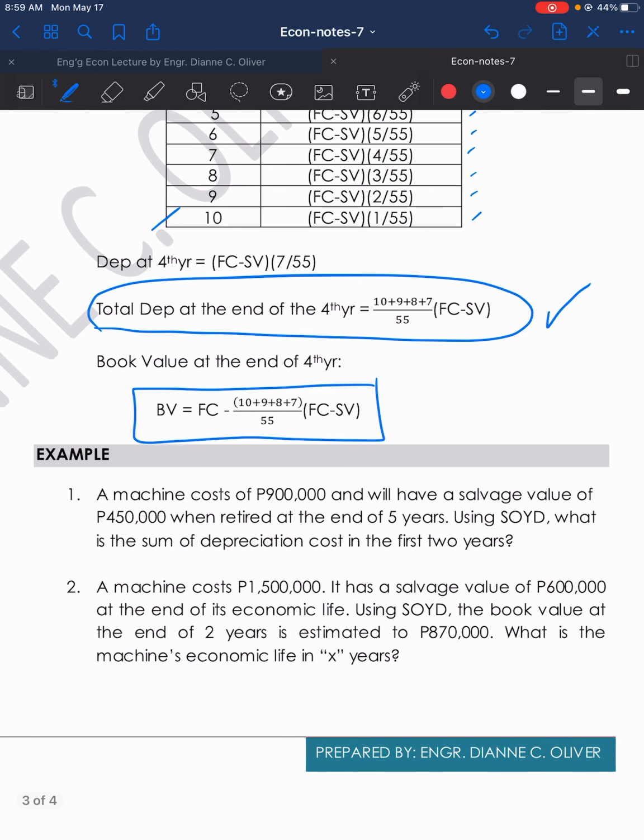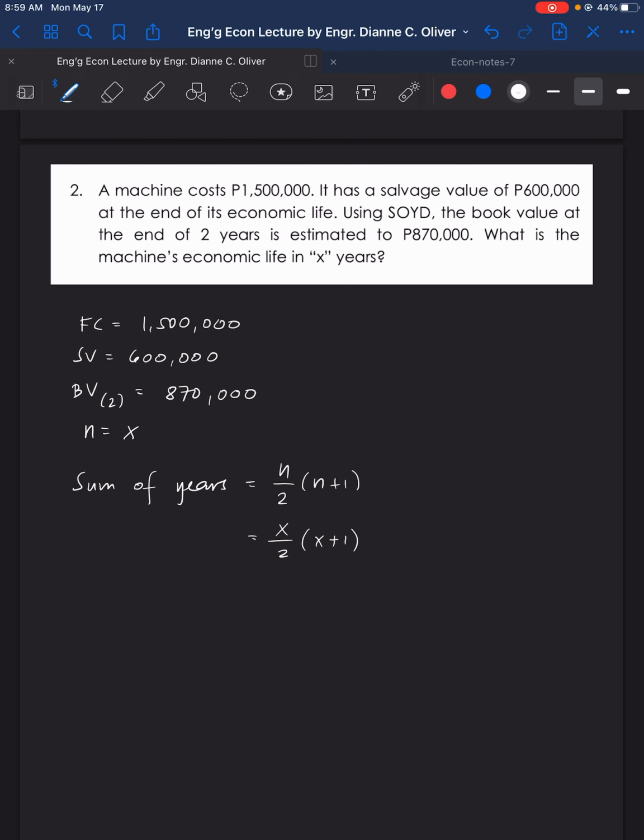For the book value, we have this formula. Book value is equal to first cost minus the total depreciation in a certain year. In this case, depreciation in the second year. So we have here 870,000 pesos equals,